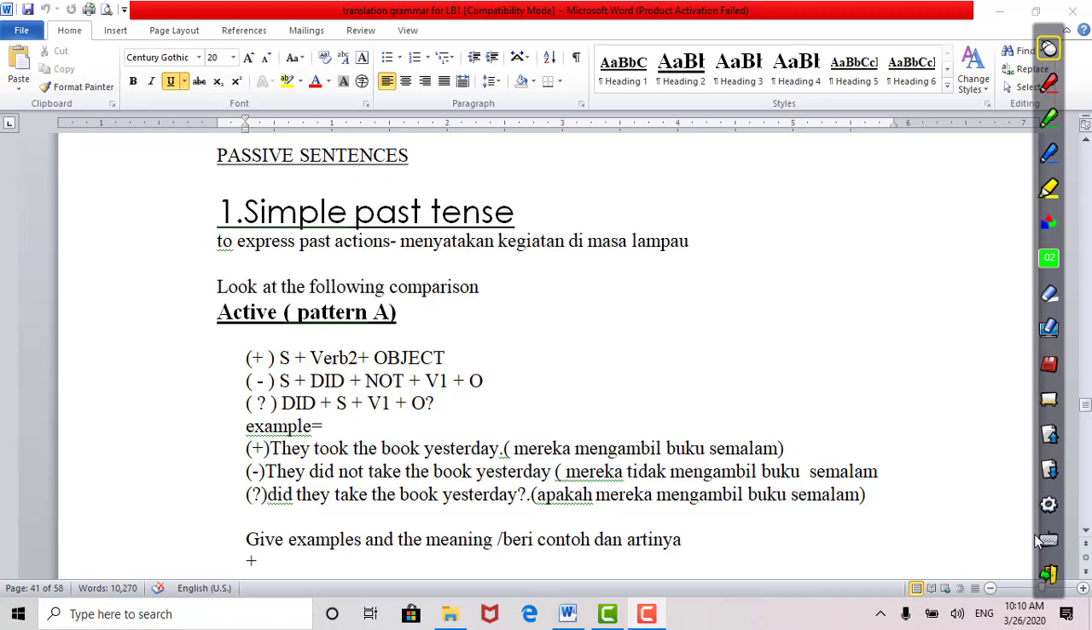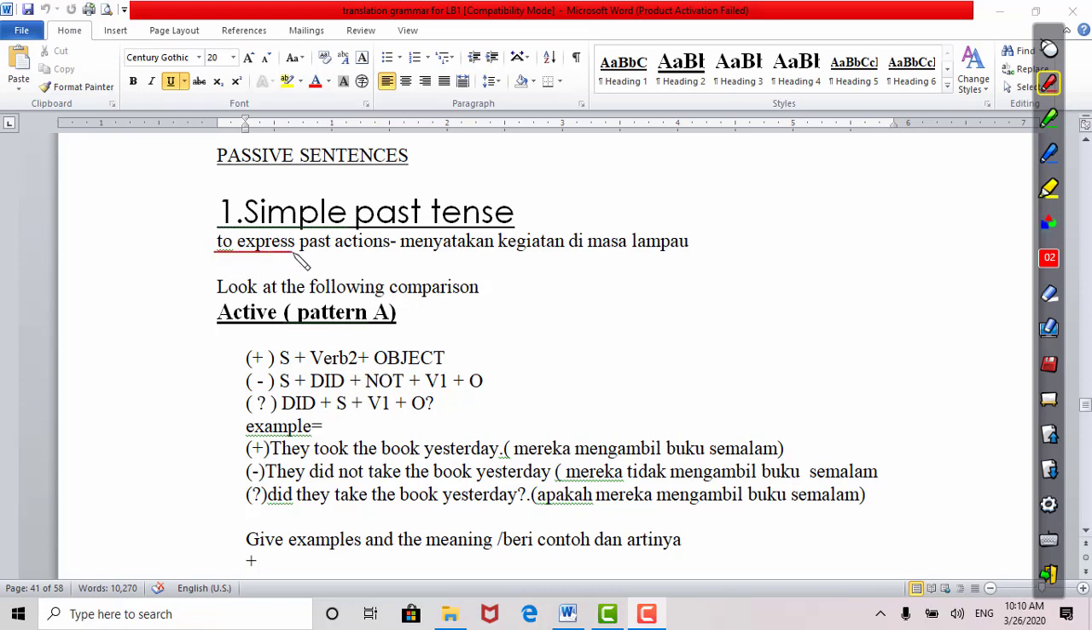Today, please open your translation book, page 41. Okay, now we learn about passive sentences from simple past tense. All right, I explain first simple past tense. Simple past tense is the action